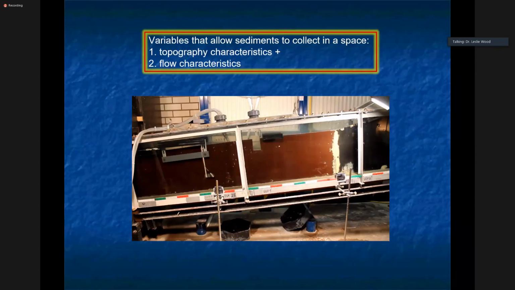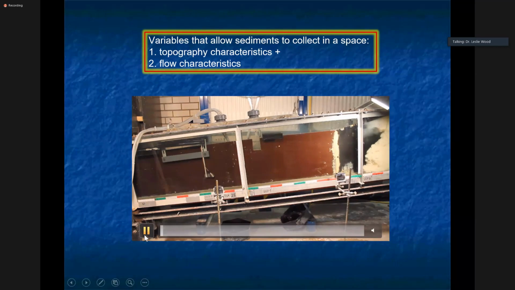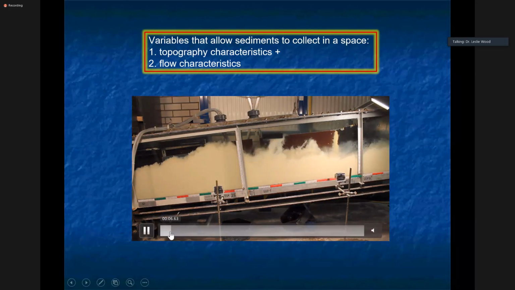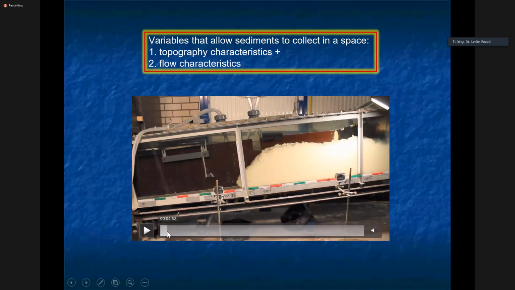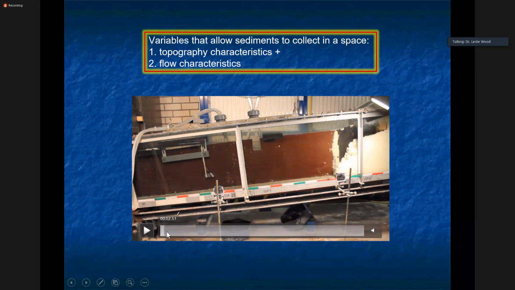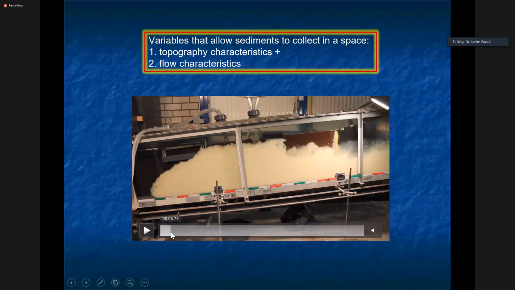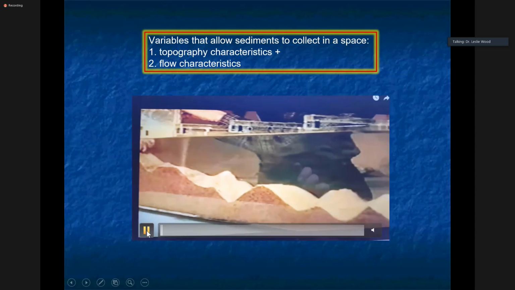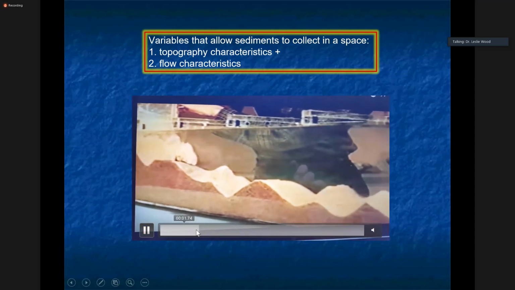There are two variables that allow sediment to collect in a space. There's the topography, and then there's the flow characteristics and how those flow characteristics interact with the topography. We may have a very simple topography where we have this beautiful gravity flow, a classic gravity flow, right? It has that beautiful spiraling upward roll to it, and it's moving down that very simple topography from proximal to distal. But if we complicate this with a little bit of topography, we can begin to see where we run into trouble by just looking at the accommodation space.